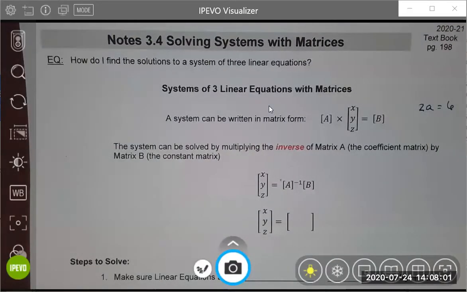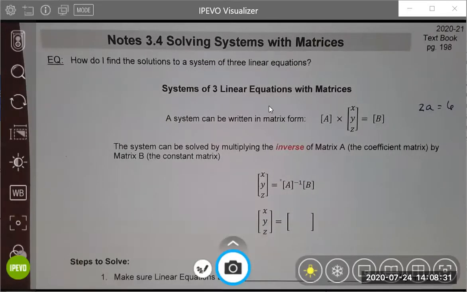Welcome. Today we are going to talk about how we solve a system of 3 or more linear equations using matrices. In our last lesson, we saw how painful it can be to use the various steps and calculations to solve a system, which is fantastic to know how to do because you won't always have technology around to help you. But if you have access to a calculator, or if you have a graphing calculator available online, then this